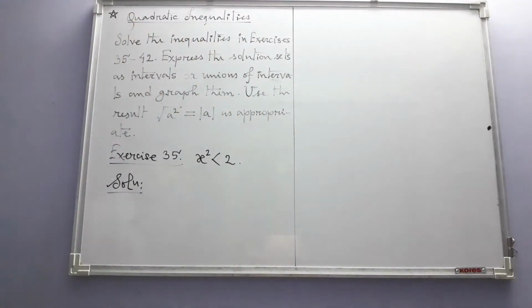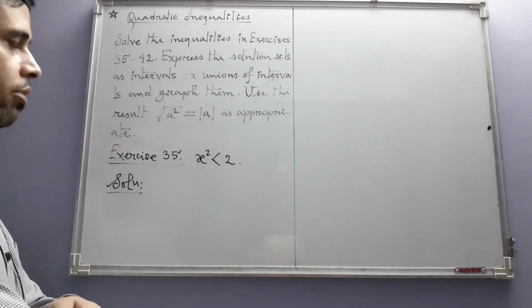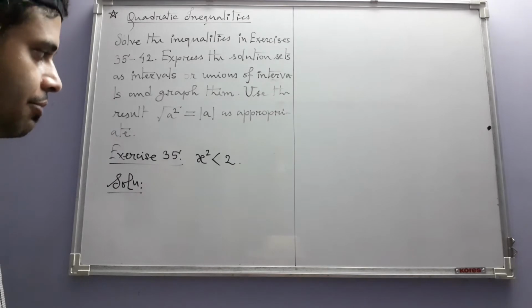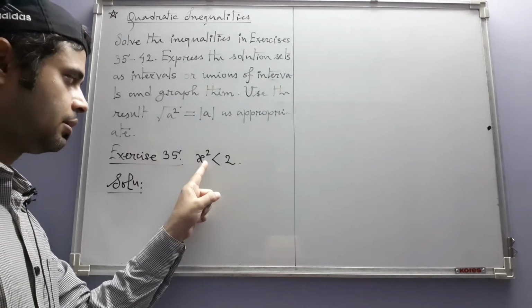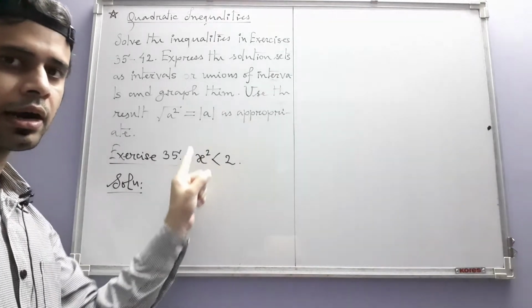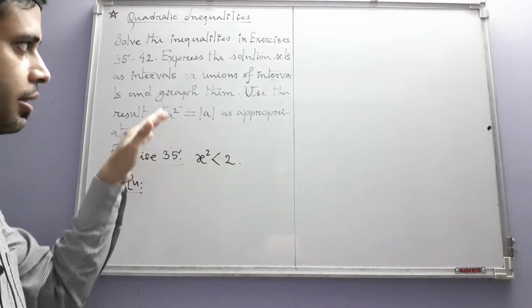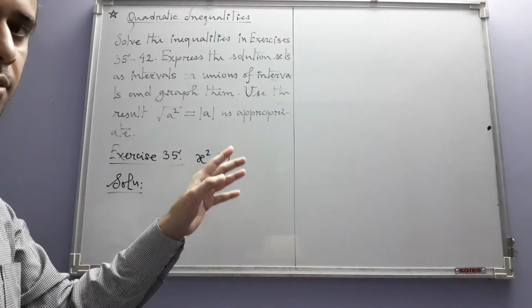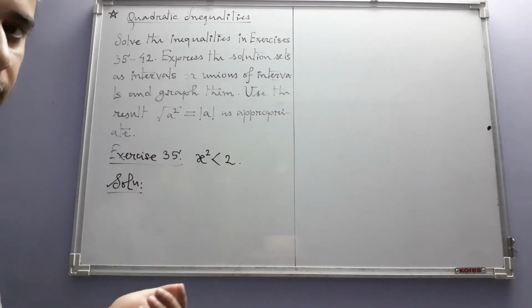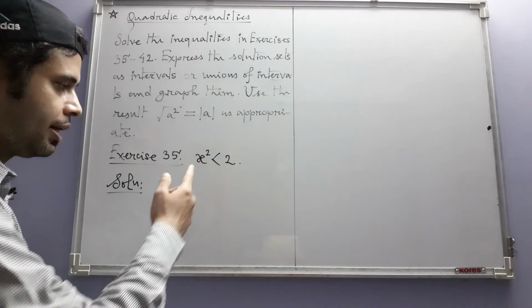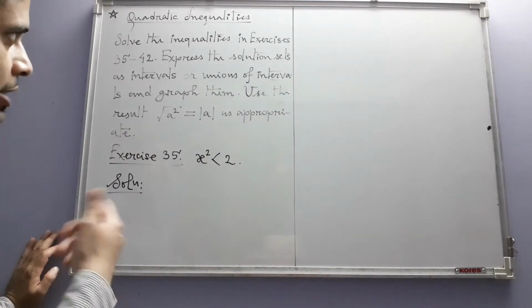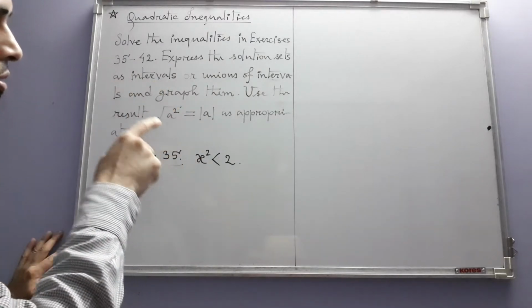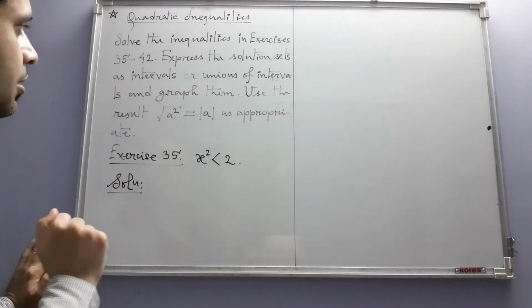Okay, now we are next looking at some exercises that involve quadratic inequalities. We have to solve inequalities which have the term x square. Unlike the inequalities we have so far got, which had only x, they can be called linear inequalities. But here we have quadratic inequality. So just like before, we have to express the solution sets as intervals or unions of intervals, and we have